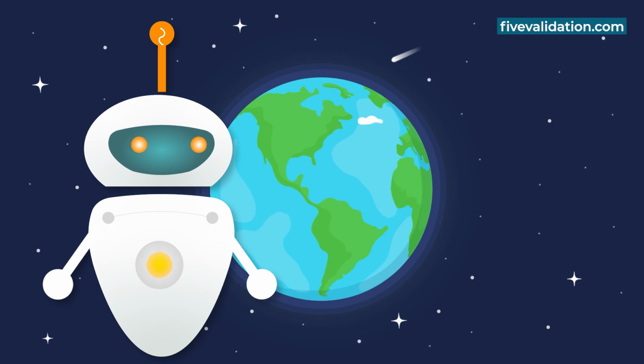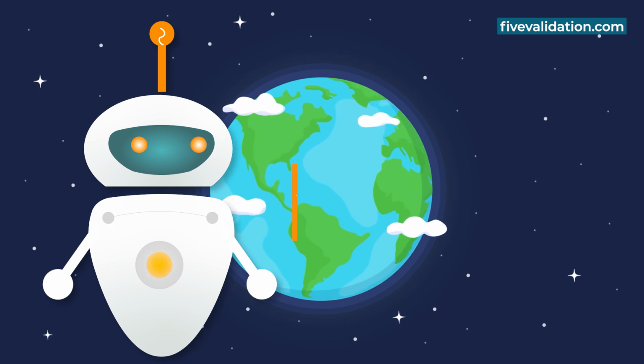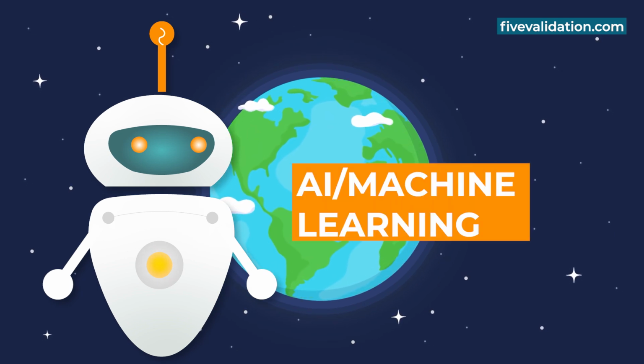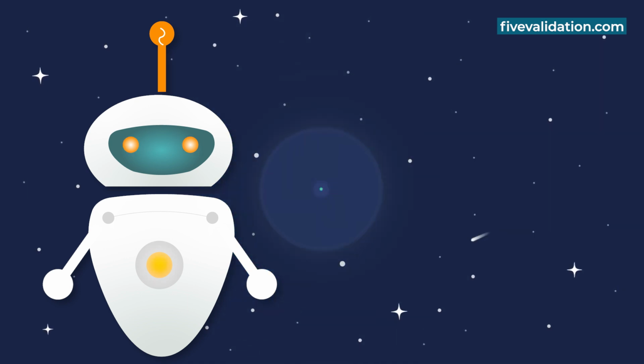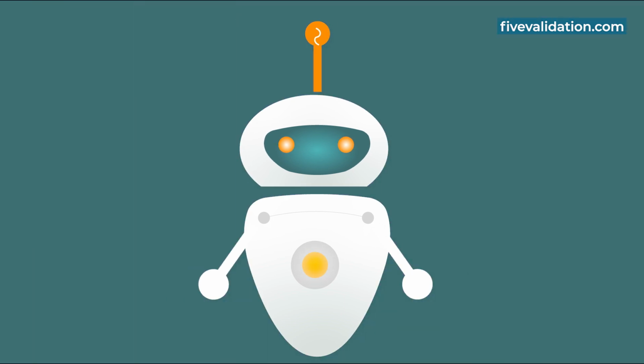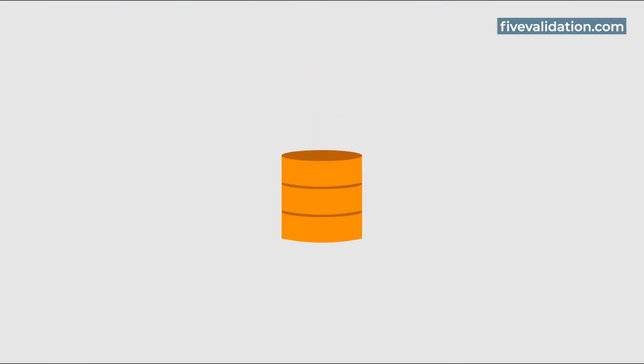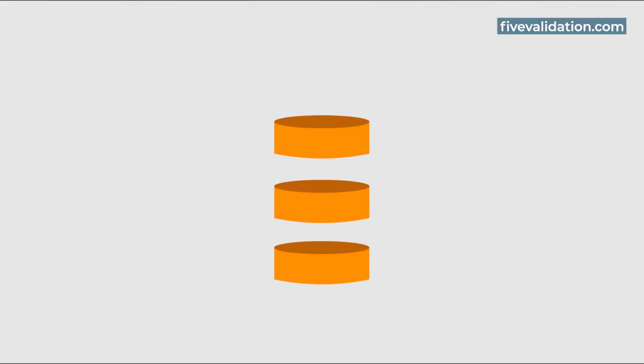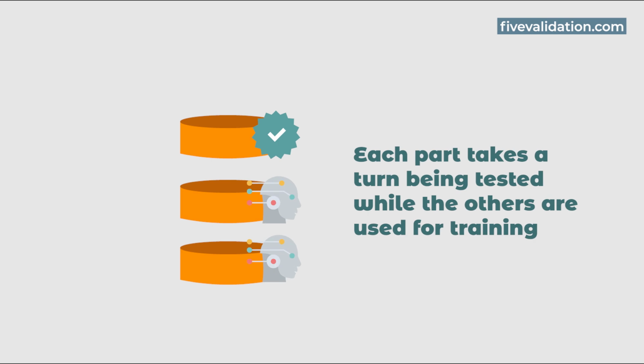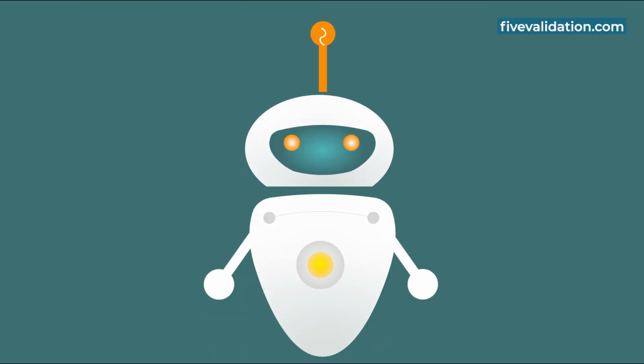Hey Fiverr! Today, let's dive into the world of AI machine learning and talk about a powerful technique called K-fold validation. Could you help us understand this technique? K-fold validation is a way to check how well a machine learning model works. It helps test the model by dividing the data into smaller parts. Each part takes a turn being tested while the others are used for training. This method gives a better idea of how the model will perform with new data and helps make the testing reliable. The name K-fold comes from the way the training data is split into K parts, called folds.